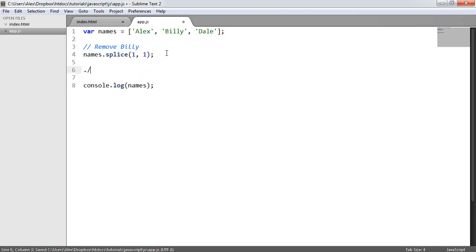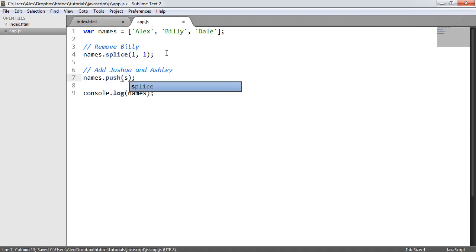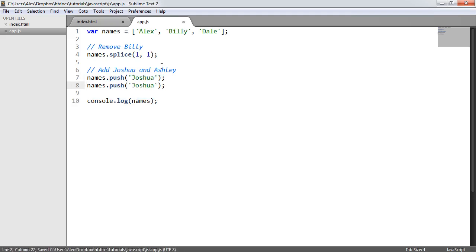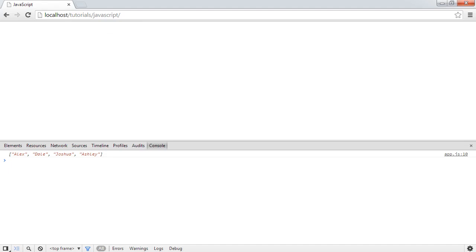So let's say we want to add Joshua and Ashley. We can do this one of two ways. We can say names dot push, so we could push on Joshua, and then do exactly the same thing and push on Ashley. When we look in our browser, you'll see that we've got Alex, Dale, Joshua, and